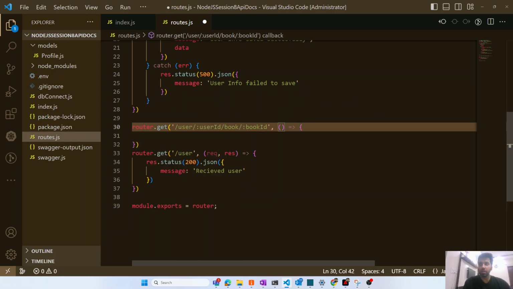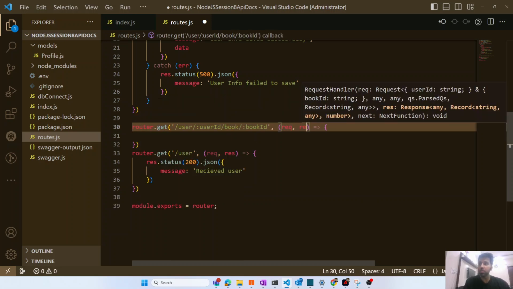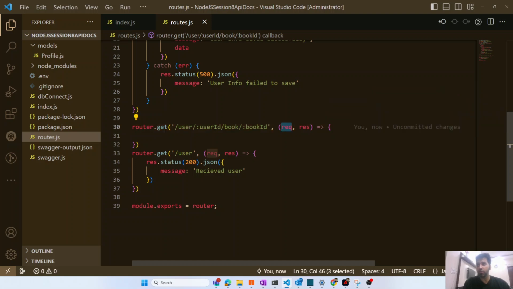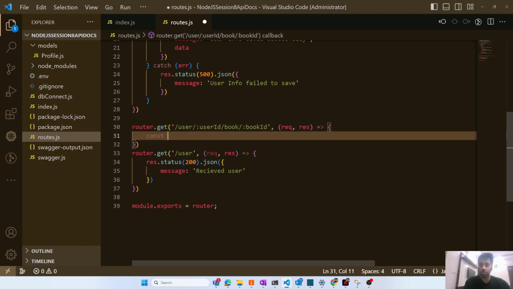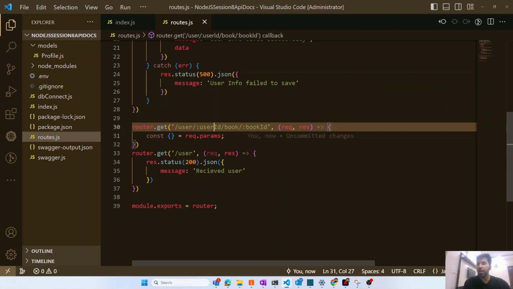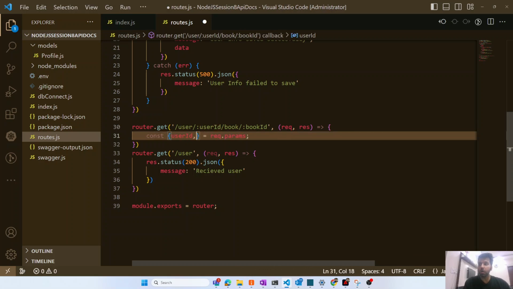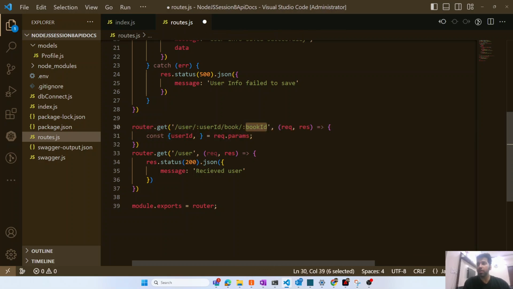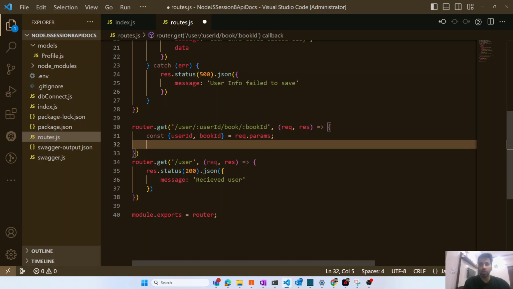Here I am passing request comma response, and how will I get the value from the request? What you need to do is const, request.params, right, and I'm passing userID comma bookID over here, and I am returning response.send